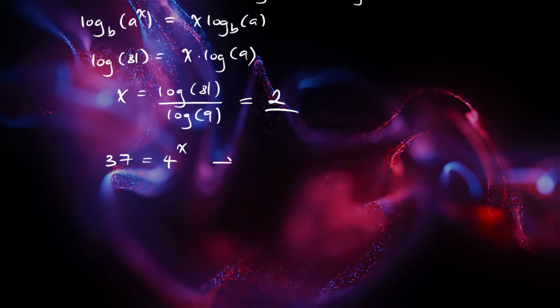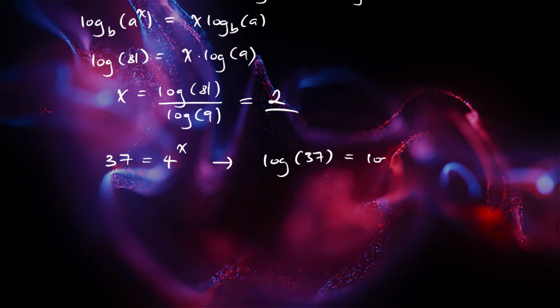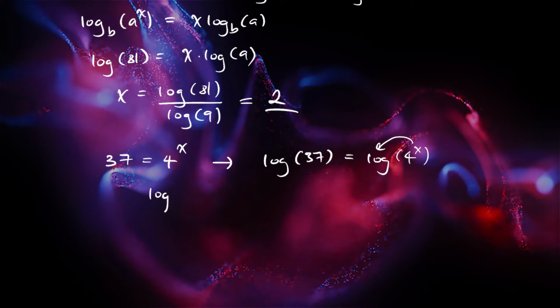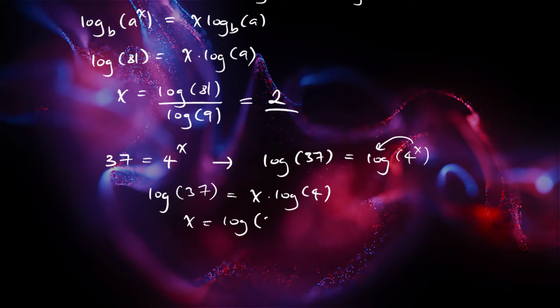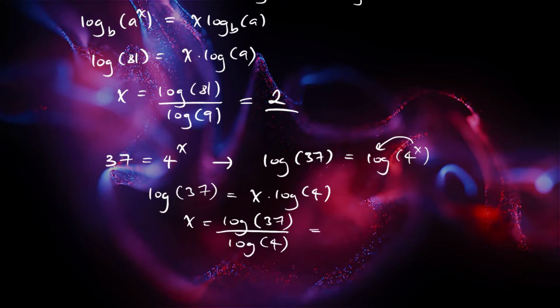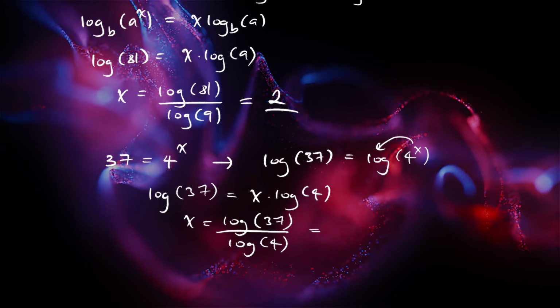If I apply my logarithm rules, I can get log of 37 is equal to log of 4 to the x. So I'm just taking log of both sides. I can move this x down, so I can get log of 37 is in fact equal to x multiplied by the log of 4. And therefore x is equal to the log of 37 divided by the log of 4. And if I solve this now, the log of 37 divided by the log of 4,